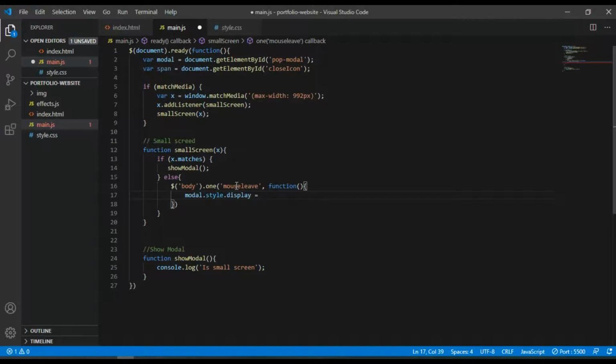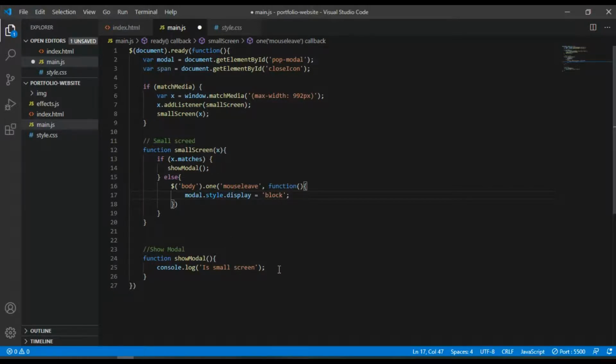I hope I'm clear here. I'm just saying else if x, the parameter, matches our major query, we are going to call the function. This function will also show the modal. This will be for the small screen.